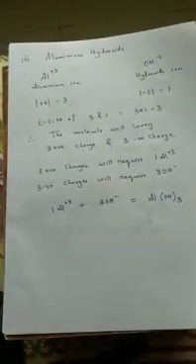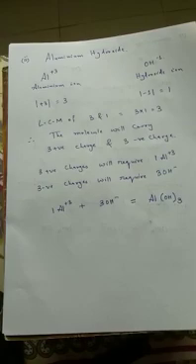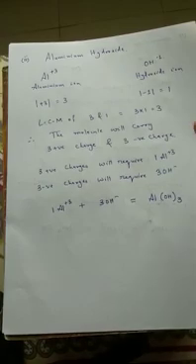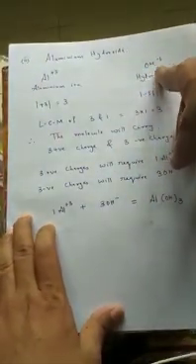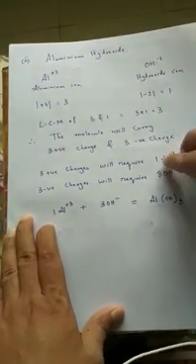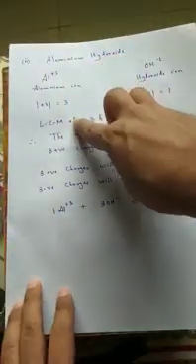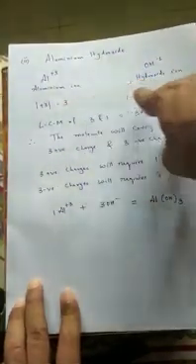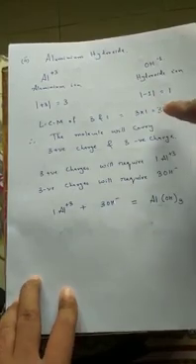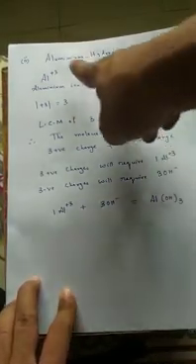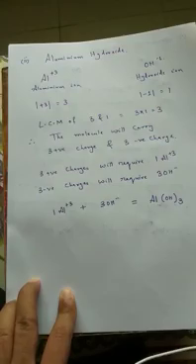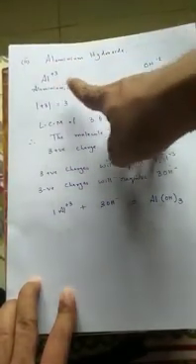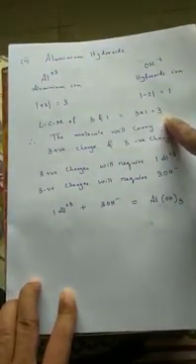Now check out aluminium hydroxide. Aluminium hydroxide is composed of two particles. One is the aluminium radical which carries +3 charge, another is the hydroxide radical which carries -1 charge. Modulus of +3 is equal to 3, modulus of -1 is equal to 1. LCM of 3 and 1 will be 3. The LCM determines that the system of aluminium hydroxide will carry 3 positive charge and 3 negative charge.